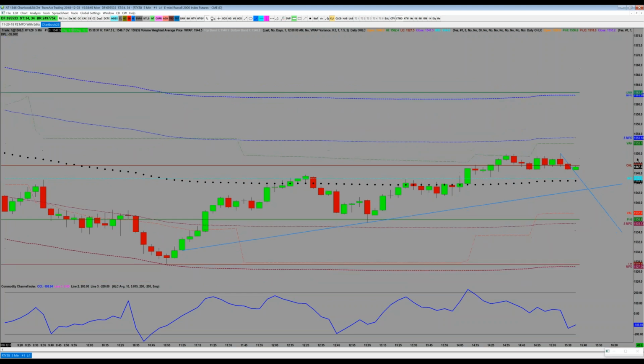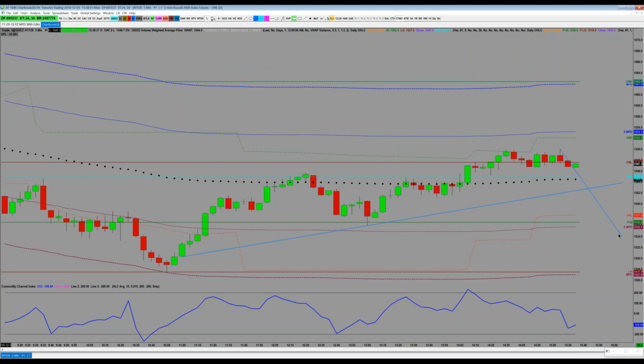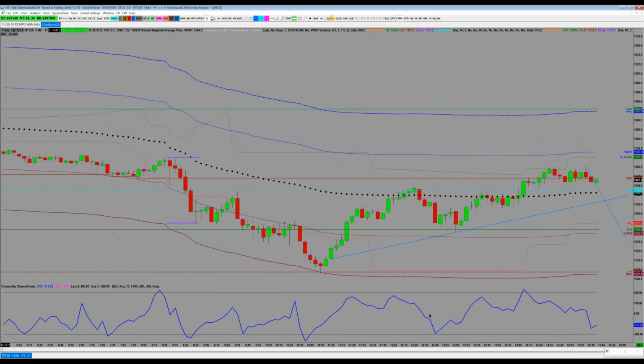And then there's also the overnight low somewhere in here, which might be overwritten by one of these other lines. So that's somewhere as well. If we scroll back in time also, you're going to see these little purple lines. This represents basically the range of the high to low for the first half hour.